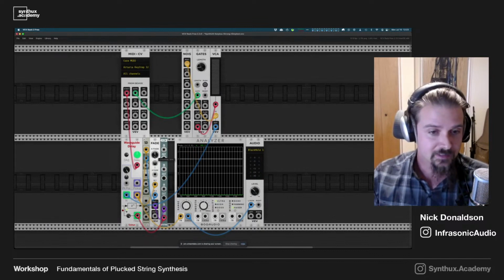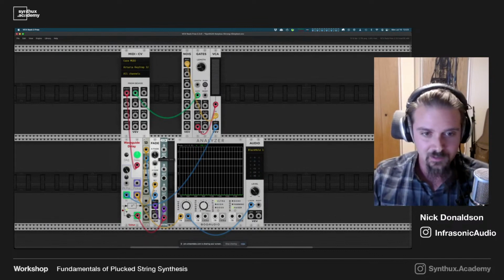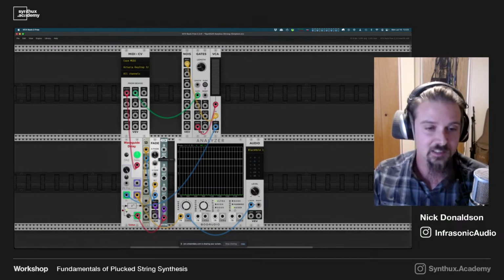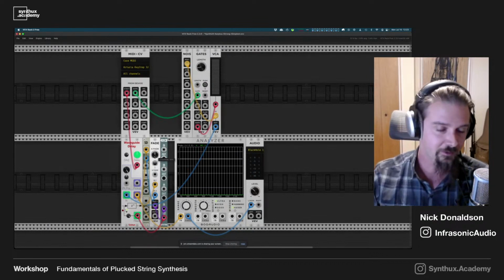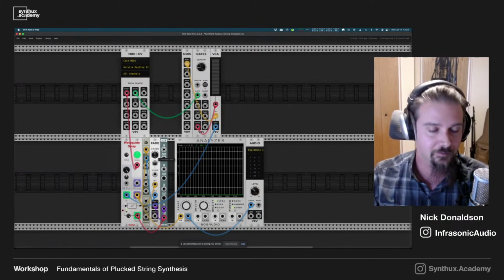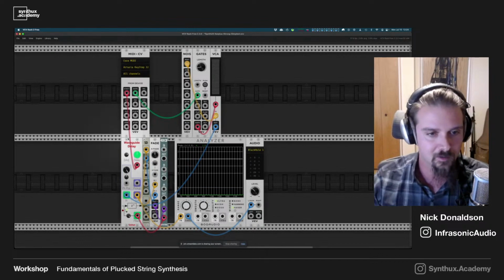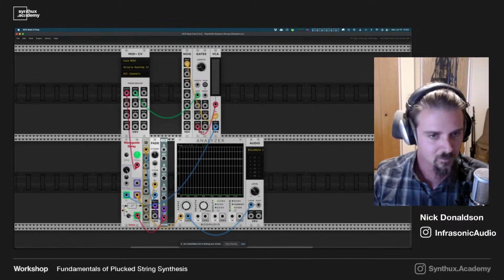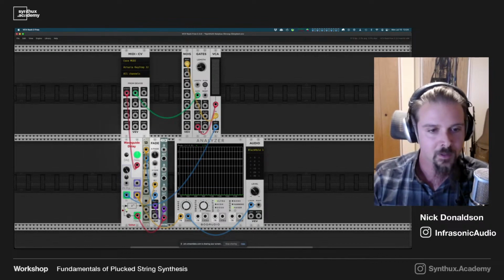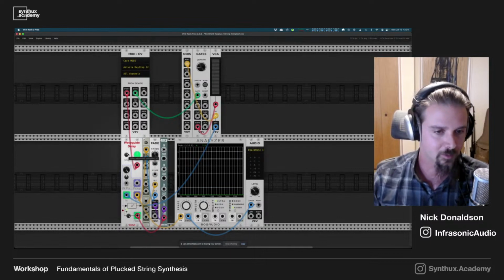So this, in essence, is the way I was able to achieve the original, very simple Karplus-Strong algorithm in VCV Rack. And I can make this patch available in some of the materials that will be shared afterwards. It does use a couple of third-party modules, which I can list in the notes as well. But in case you want to play with this,